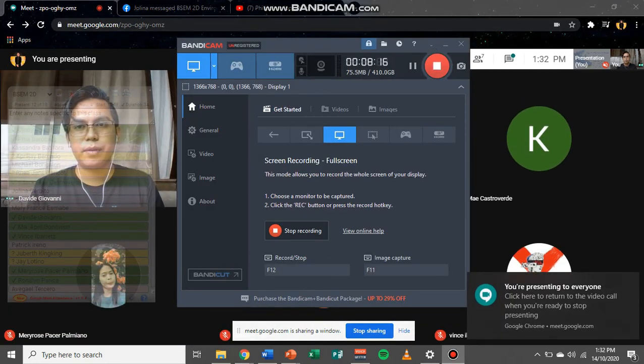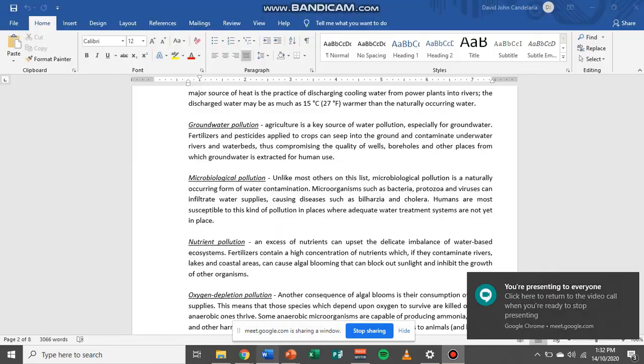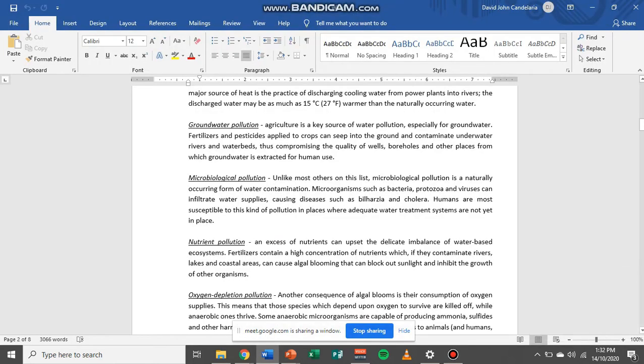pollution. So next we have microbiological pollution. Unlike most others on the list, microbiological pollution is a naturally occurring form of water contamination. Microorganisms such as bacteria, protozoa, and viruses can infiltrate water supplies, causing diseases such as bilharzia and cholera. Humans are most susceptible to this kind of pollution in places where adequate water treatment systems are not yet in